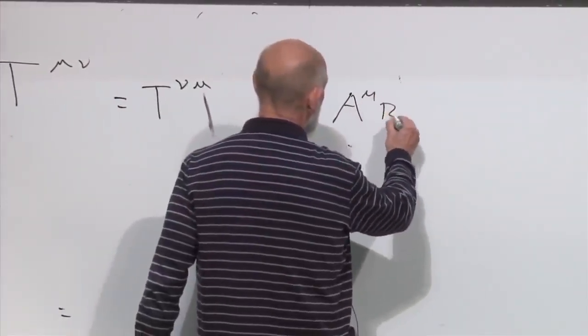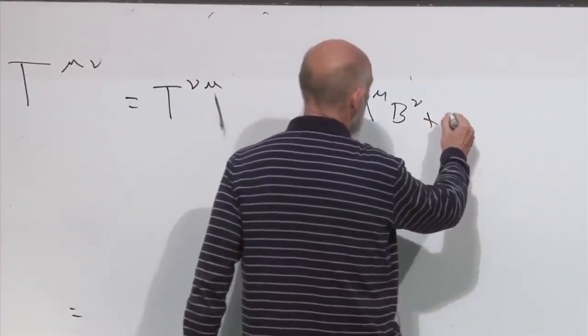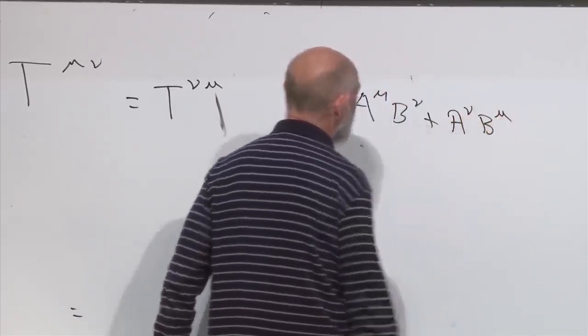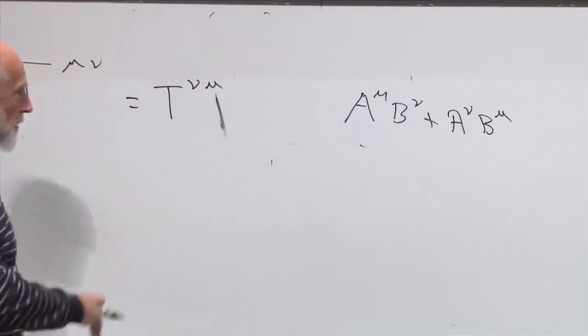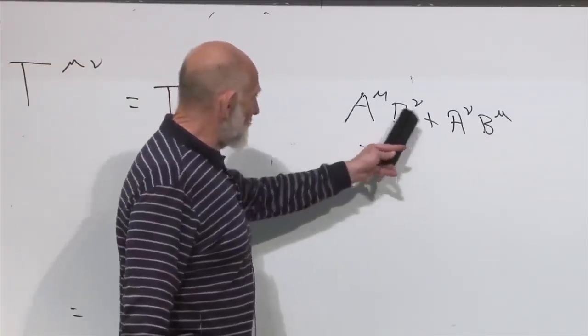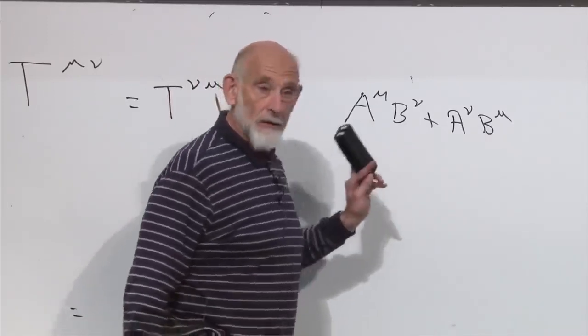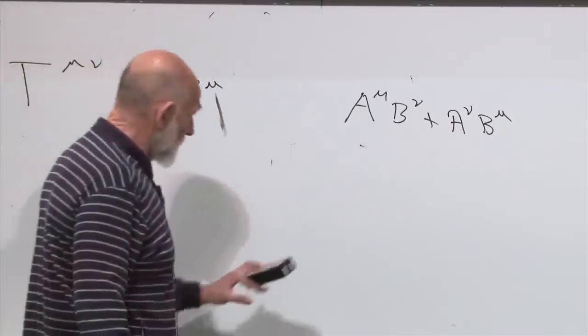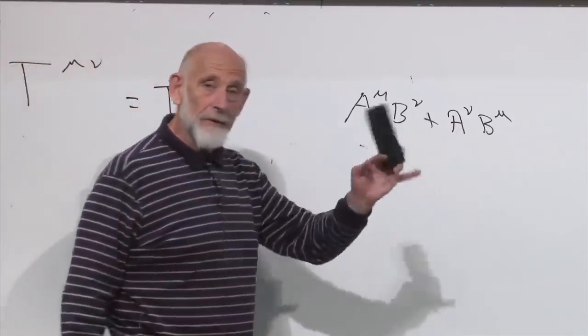A mu B nu plus A nu B mu. If you interchange mu and nu, this doesn't change. What happens is this becomes this, and this becomes this, and it's the same quantity. So you can construct out of any tensor a symmetric tensor by adding together